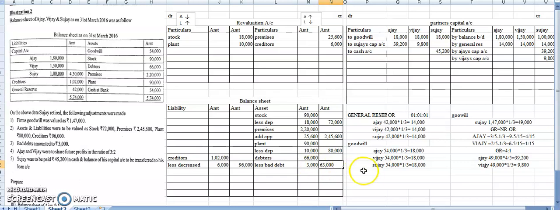63,000. Then I will go for second effect of this. For second effect, I am coming in revaluation account. Now revaluation account, it is decrease in the value of asset. 66,000, now it is 63,000. So decrease in the value of asset. So I am writing it here. Debtor, and how much decrease? Decrease, it is decrease 3,000. So 3,000. I am writing it here. Okay. So we have solved all the adjustment parts.